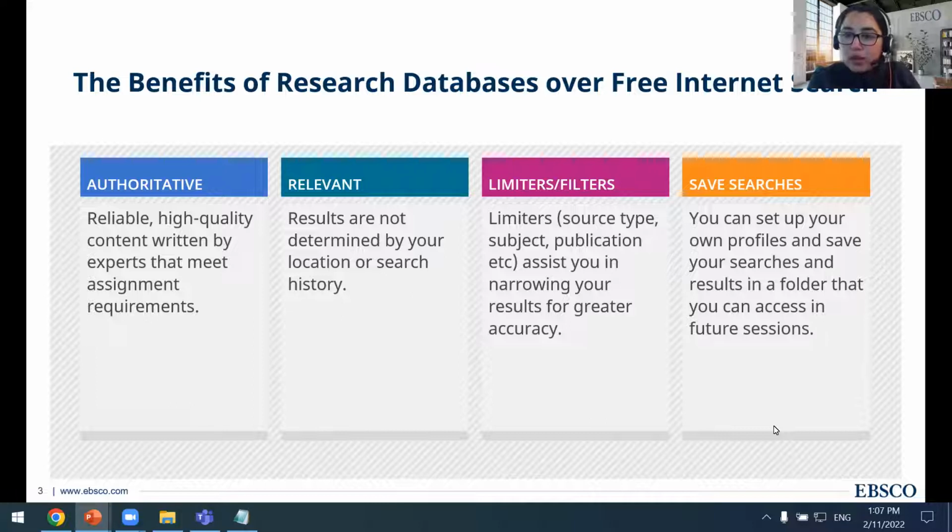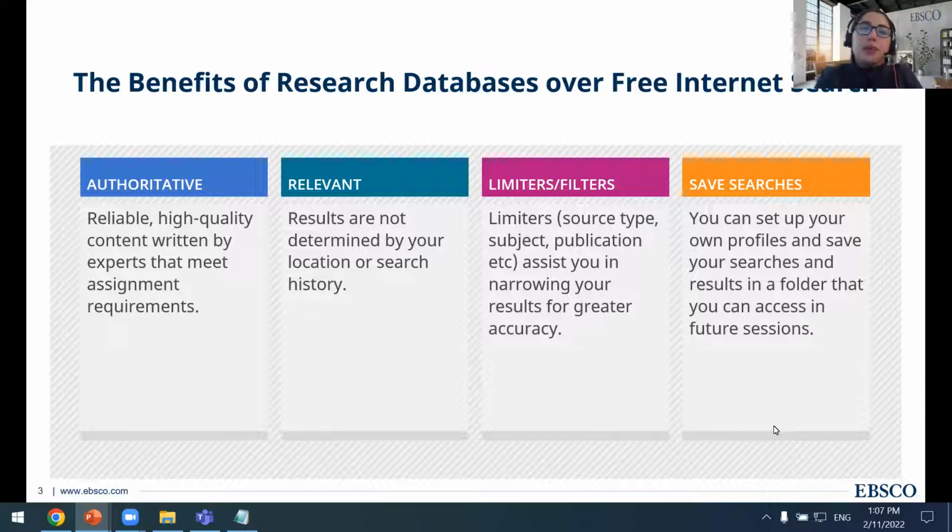These are people with scholarly backgrounds. They often work at universities. They are academics themselves, and they understand what research is and how to conduct proper research. You go on the internet, you don't always know who the author is, what are their qualifications, and are they qualified to speak on these topics? Have they done rigorous research? Whereas you go into a database and you'll be able to know exactly what their qualifications are, and you'll be able to see the research that they've undertaken to write up this paper.